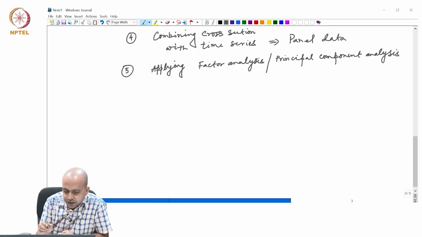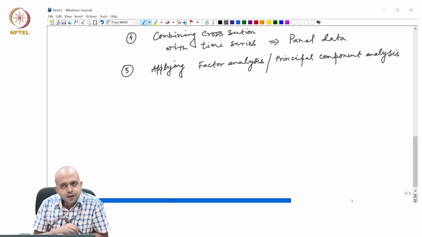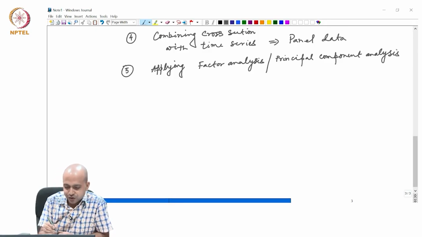Here the idea is, let us say that you are trying to estimate what are the factors that determine the ways people adapt to climate change. So, that means your dependent variable is adaptation strategies,